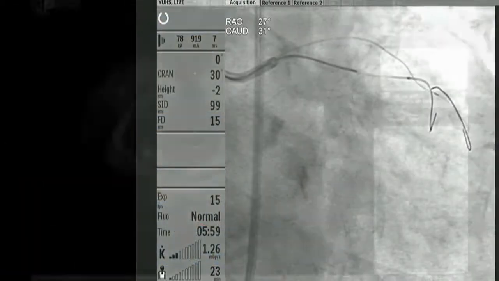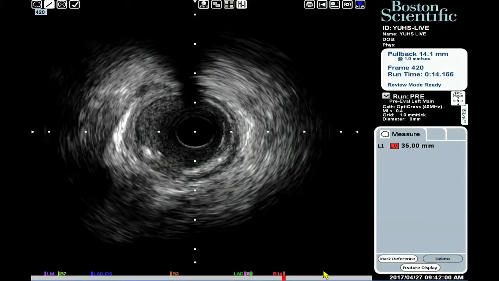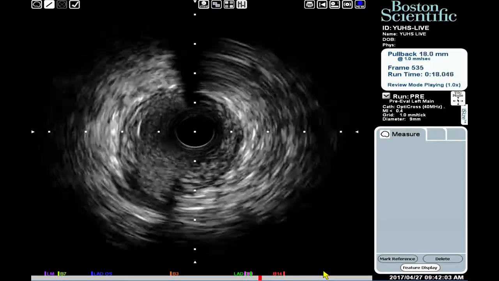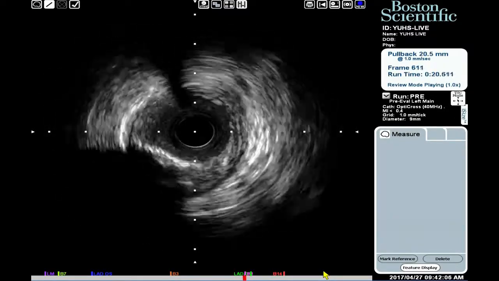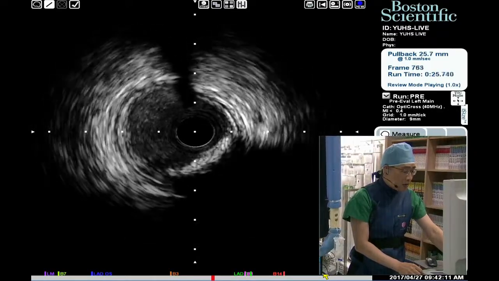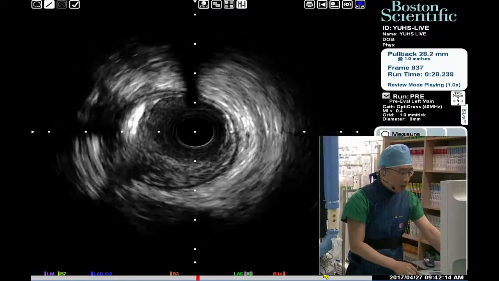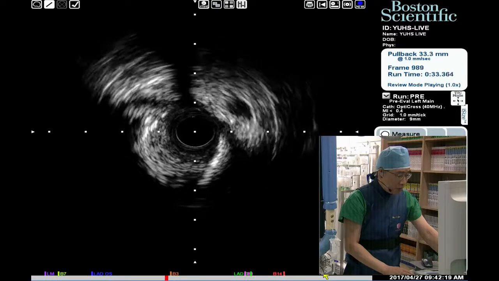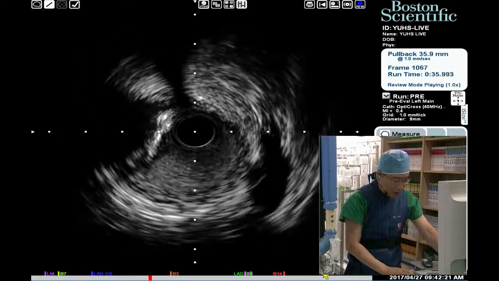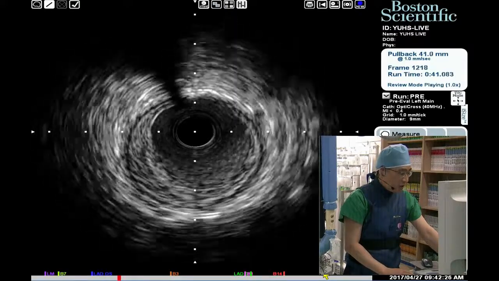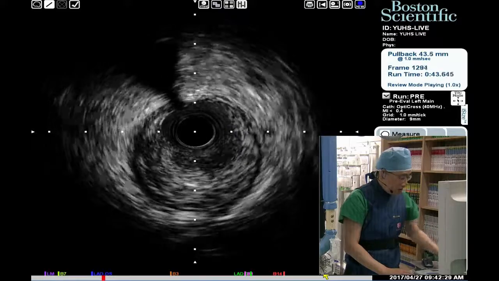Oh yeah, I'm Jung-Sung Kim. I will explain the IVUS findings. So we pull back the IVUS to the distal LAD as shown in this image, distal reference around 3.5, and there is a calcified plaque shown between 3 and 6. There is a lot of calcification in this patient. This is a pullback. This is the LAD region. The minimal lumen area was 1.7 and approaching to the LAD ostium as shown in this image.